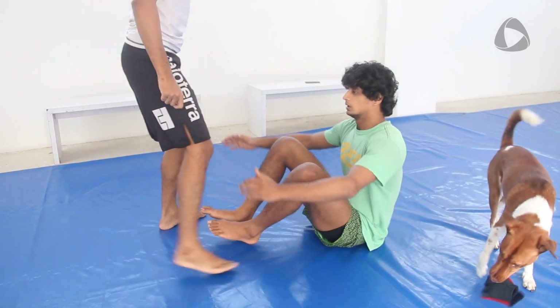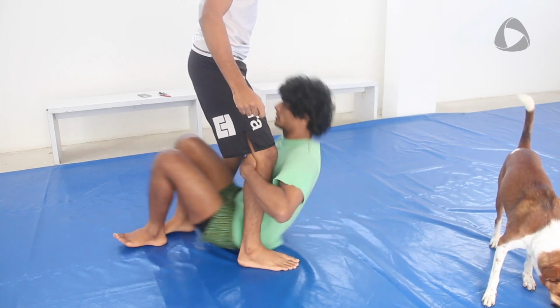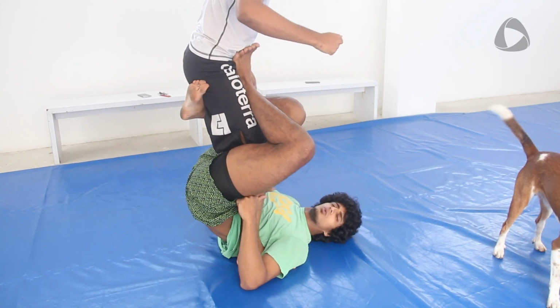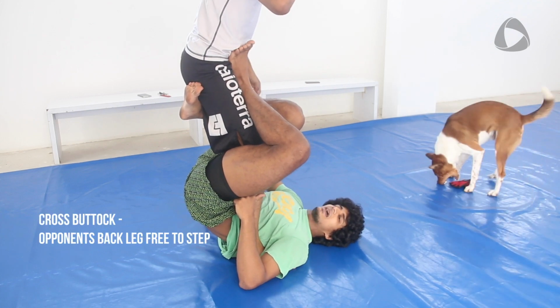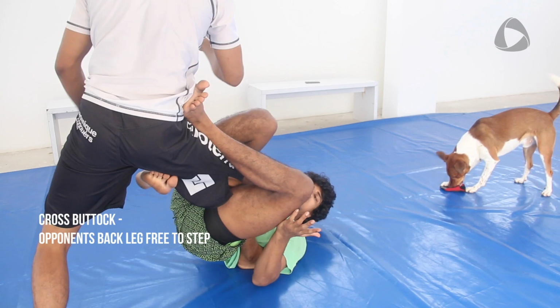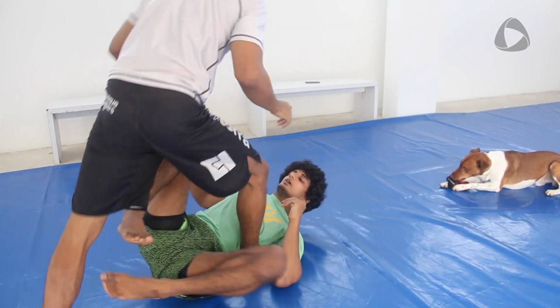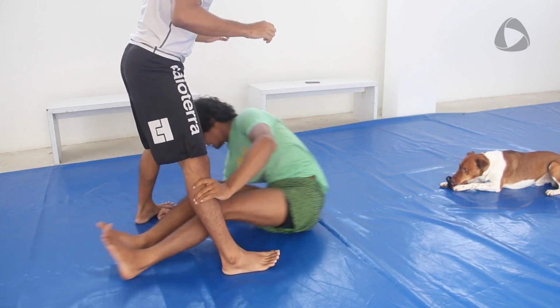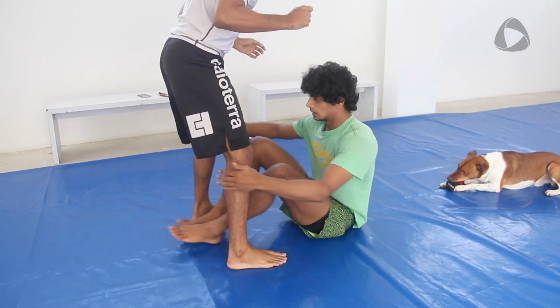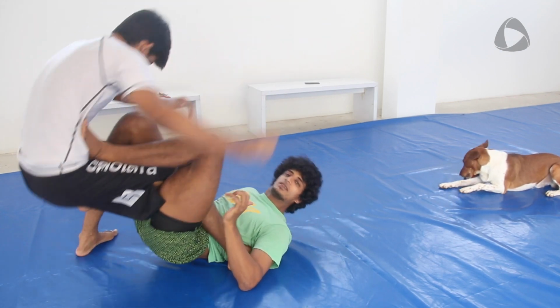Conventionally, the same sweep is done by hooking the cross buttock, which is on this side. So I shoot in and I lock here. Now what this does is, his back leg is free, so he can step indefinitely and me not having the result that I want, and I've also created a bad angle for myself. By hooking the far leg, what happens is he'll take a couple of steps and beyond that he can't,